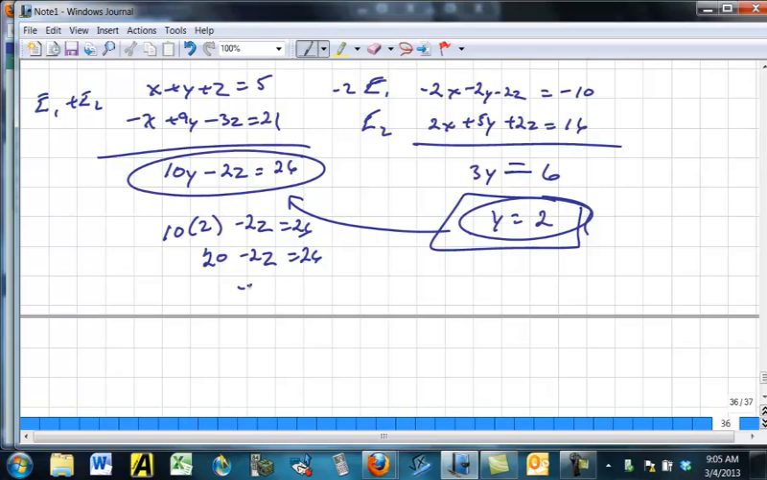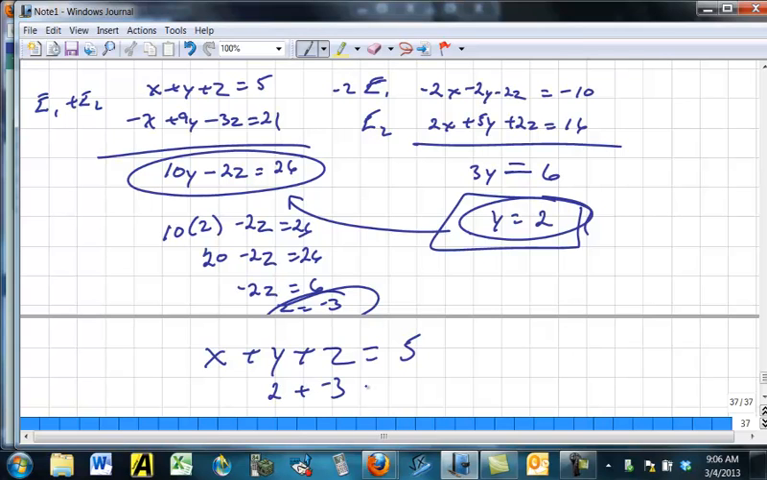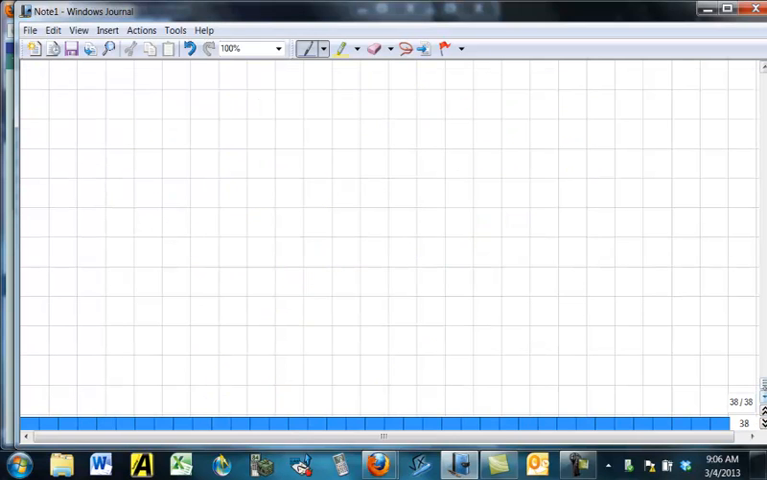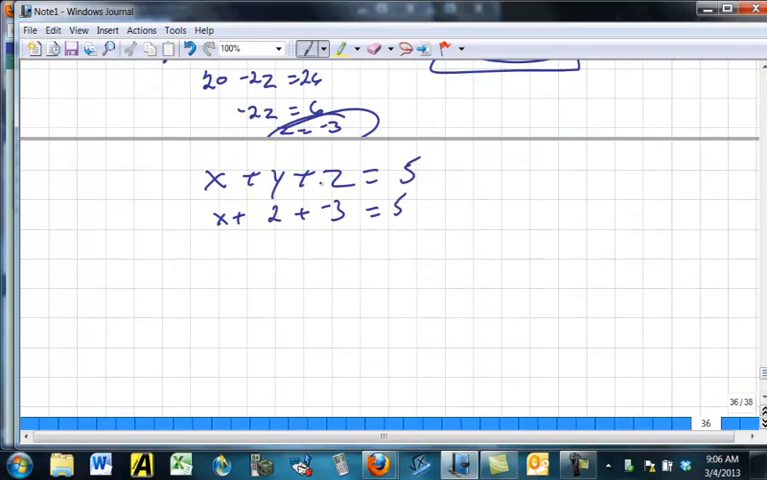Alright, negative 2z equals 6, so z equals negative 3. So now I know z as well. Go back to any one of the equations, x plus y plus z equals 5, for example. Plug in the y and the z that we know, and this will allow us to solve for the x. X is 6. So we ended up with x, y, z is 6,